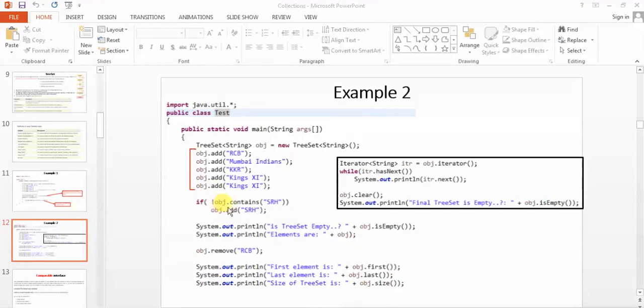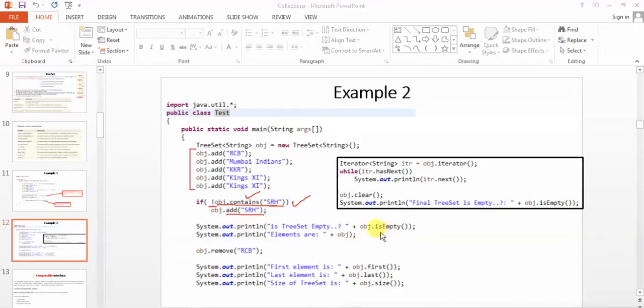See how I'm making the logic: if obj does not contain srh, then add srh also. This is how I made the logic and demonstrated how to use contains. The contains method is used to find whether the element is there or not inside the set.